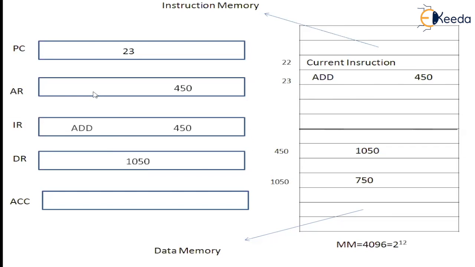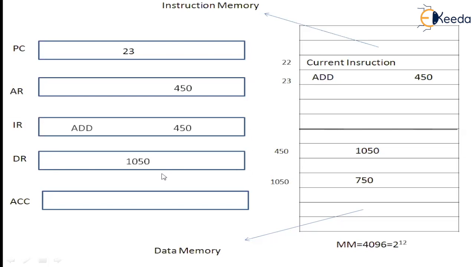Once again, whenever we have an address, which is the instruction's address, that will get located in the main memory, then the contents of that address will get transferred to the instruction register. If the located address belongs to a data operand, then that will get transferred to the data register.